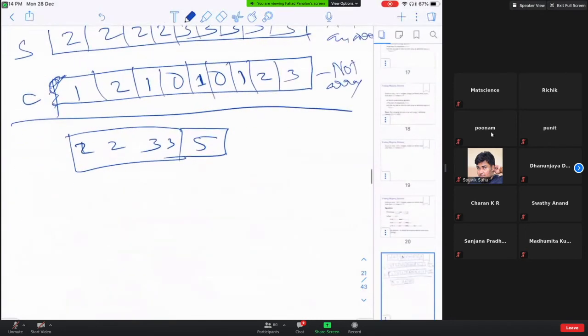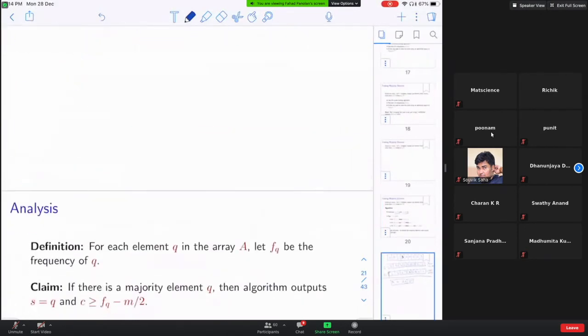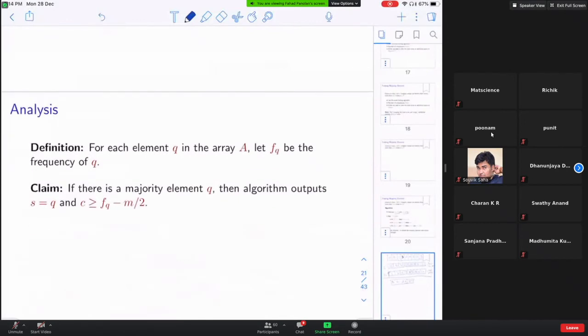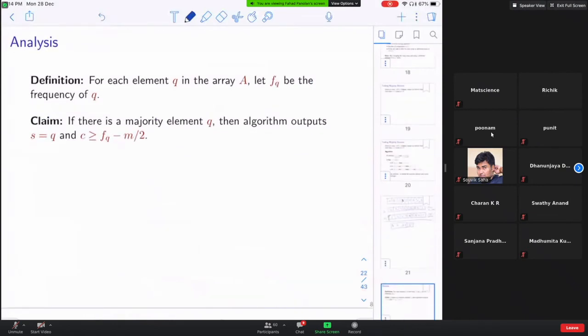Okay, now we need to prove that the algorithm is correct. How do we prove the algorithm is correct? At the end, it will be outputting some value, and it will be eventually checking. If there is no majority element, it will not say there is a majority element and output it. That is very easy. The only thing we need to check is, if there is a majority element, then